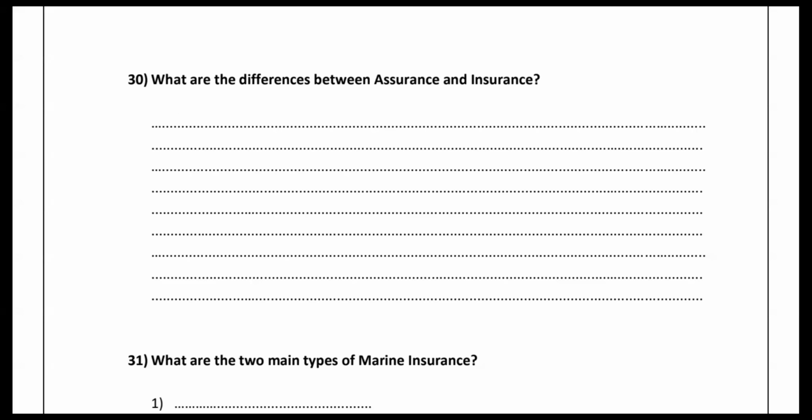So now, assurance risk is relatively certain. Risk is relatively certain because with assurance, whether for life or for this purpose or that purpose, that risk is certain. But insurance is relatively uncertain. You don't know what type of risk it will be, how much the damage will be. So the risk is relatively uncertain.